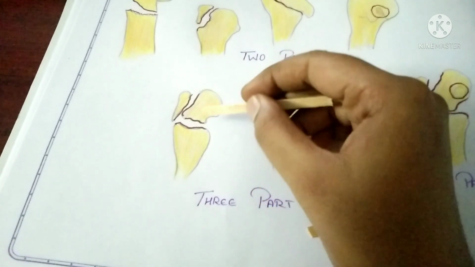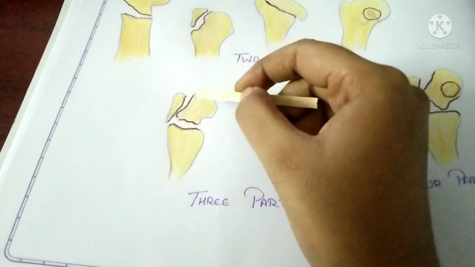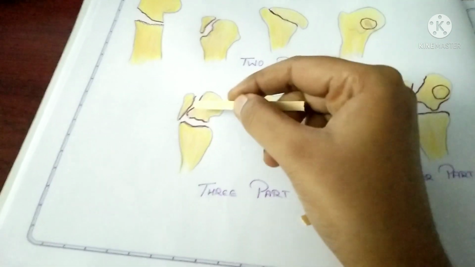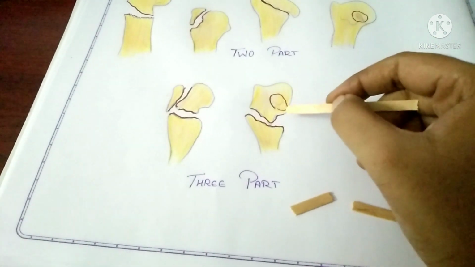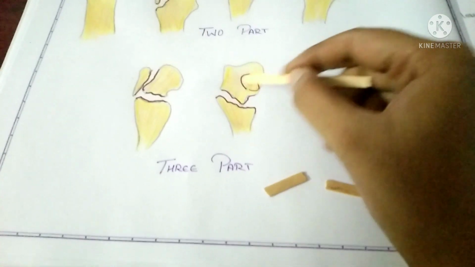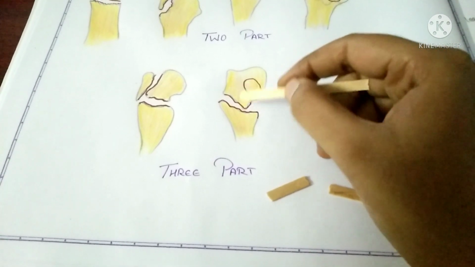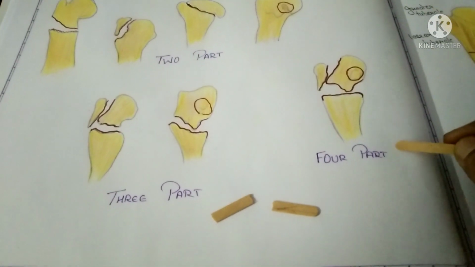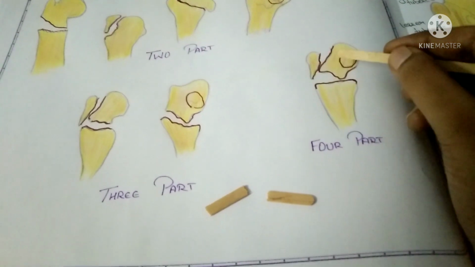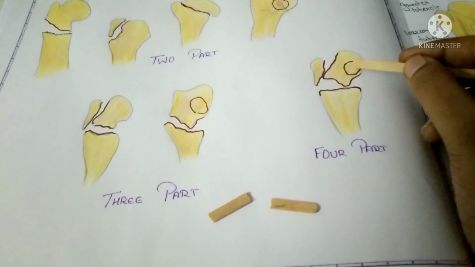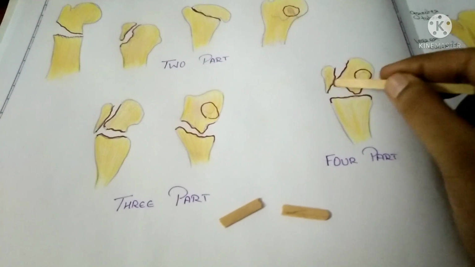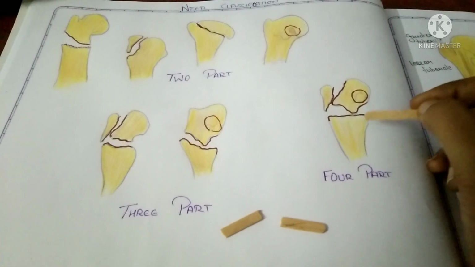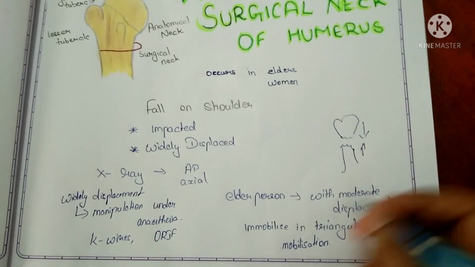So here in the first case the greater tuberosity is separated, and there is a fracture at the surgical neck, and the shaft is also separated, 1, 2, 3 parts over here. And in the next type the lesser tuberosity comes as a separate part. Then at the surgical neck we have a fracture, so 1, 2, 3 parts also here. Similarly in 4-part fracture also there is a fracture which causes the bone to separate into 4 fragments. Okay, greater tuberosity, then the head or the lesser tuberosity, and the shaft to be separated. So here there are 4 parts. So this is about Neer classification.